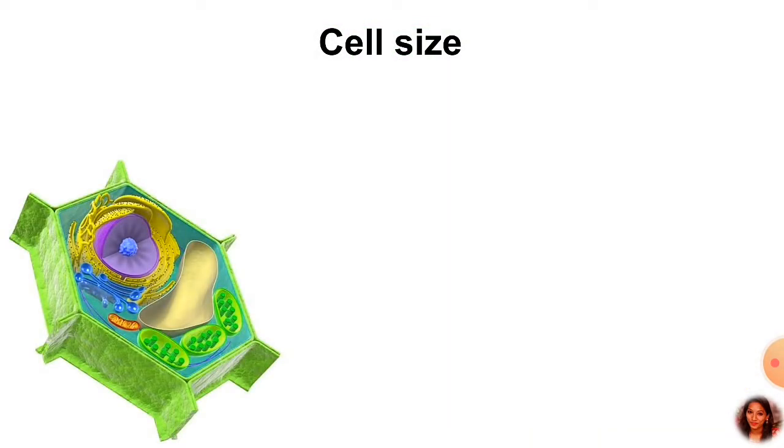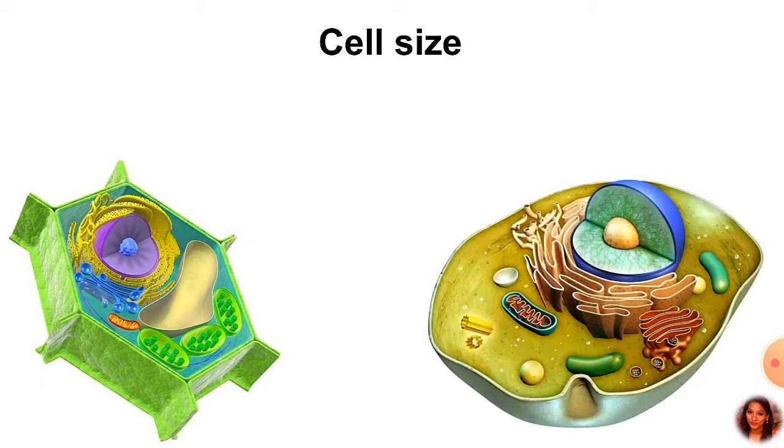First, as we all know, the plant cell and the animal cell have different functions, different organisms and different varieties, so they differ in a variety of characteristics. First, let us see about the cell size.